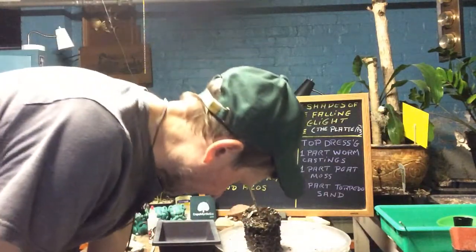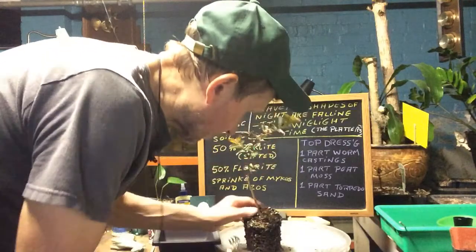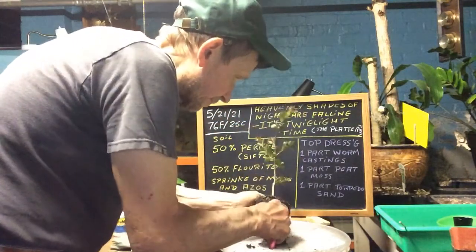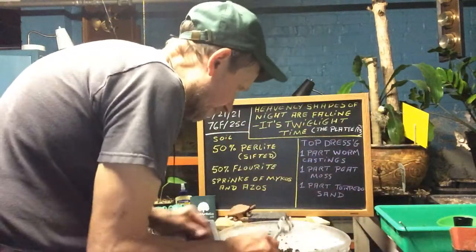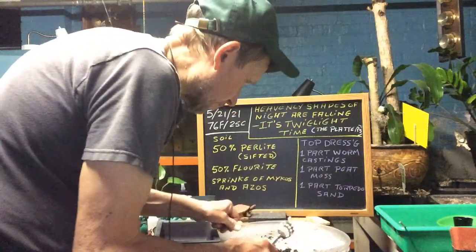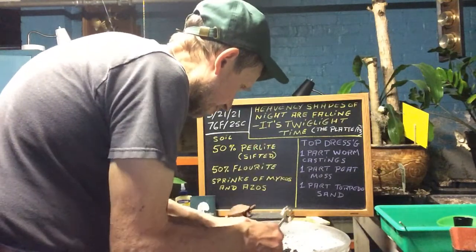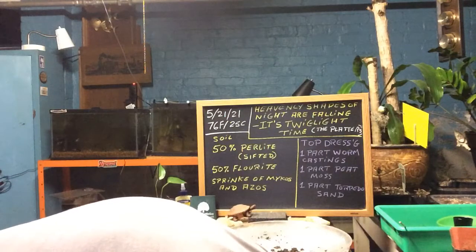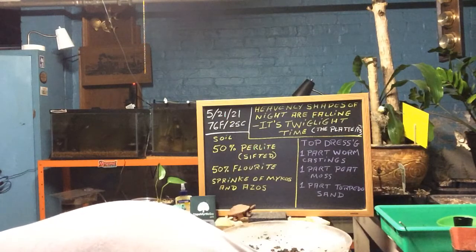Let's take our back scratcher. Kill the ants that are in here. Now let's, you know what? Kill the ants. We're going to stick it in there. Loaded with ants. I cannot believe it. Good Lord. Okay, let's get that out of there. Let's get all these ants out by getting all this